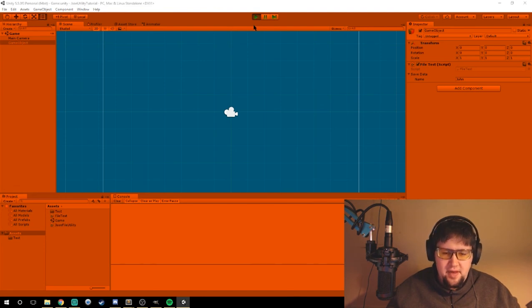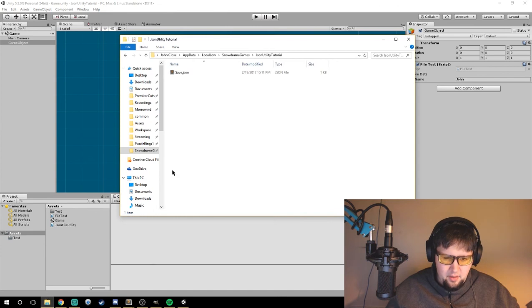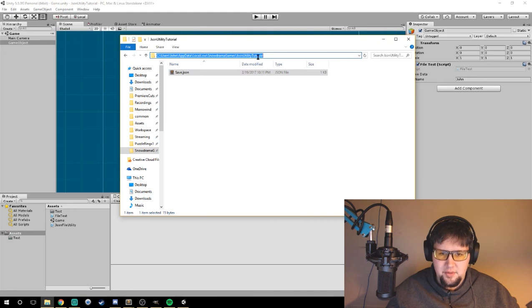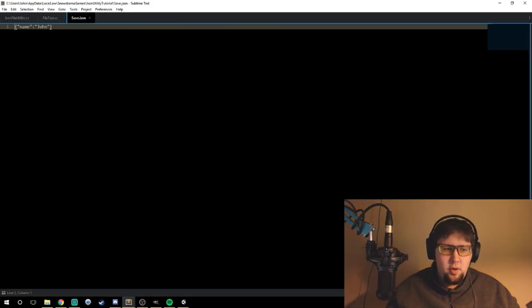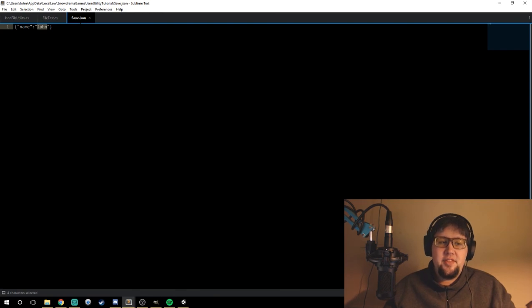It'll run perfectly fine, no errors or anything like that, but then we're going to come down here and go back to our JSON file in our AppData Local Snowdrama Games JsonUtility tutorial. We'll open it up, and there we go. I've written my name to the file instead of the Snowdrama that was originally in here. And there you have it. There's file reading and writing from an external resource, specifically the